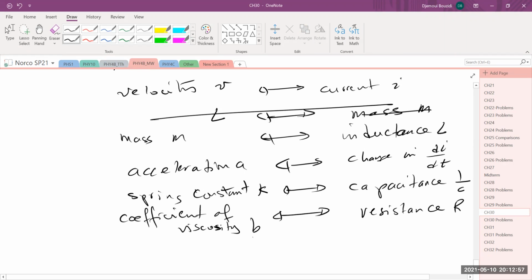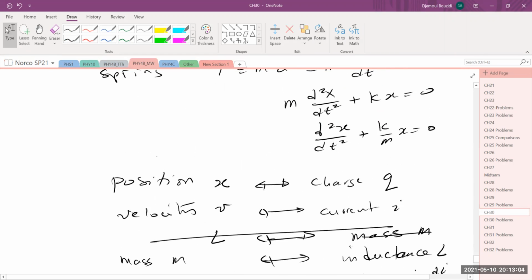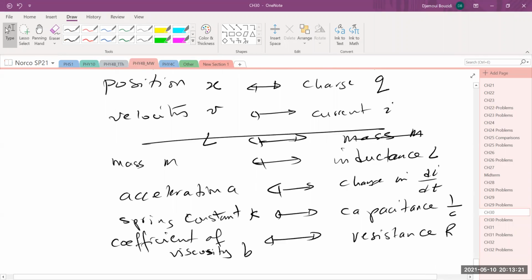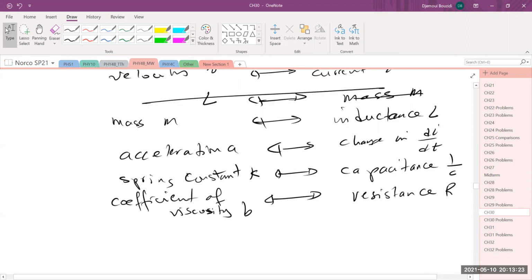I don't know what symbol you use, but we usually use the letter B for it. Okay. If you do this, you can take a mechanical system and write it as an electrical system. As a matter of fact, this whole comparison that I hope you guys see in here is the basis to something in a branch that is called, the word now is, analog